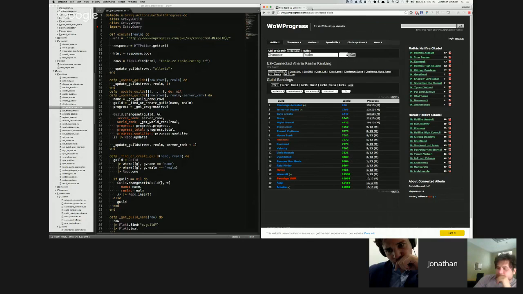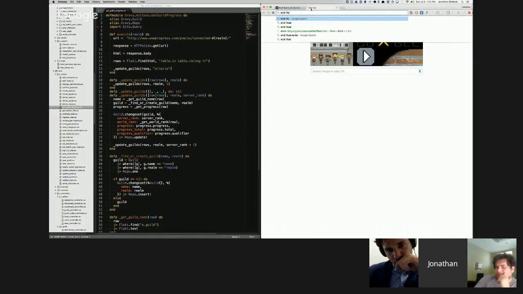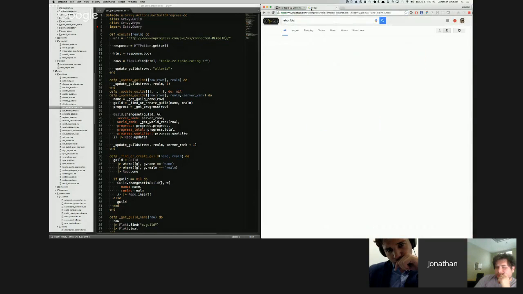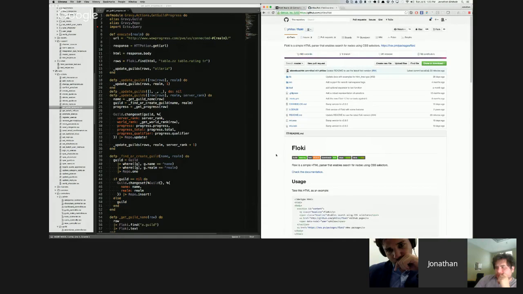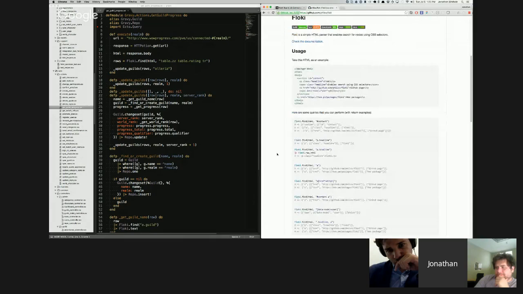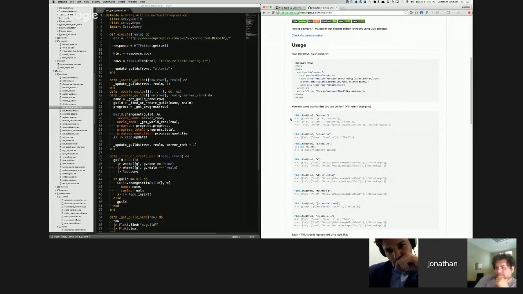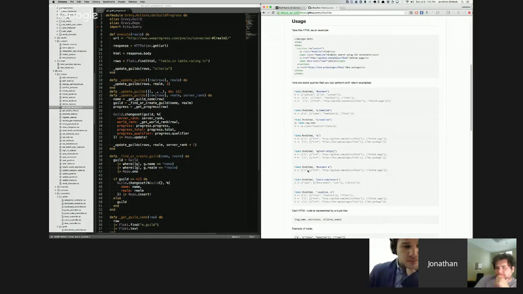And the library I'm using is Floki. I keep on saying Fluxy. It's Floki. It's pretty cool. So you just take an HTML string, and then you can start finding things using CSS selectors and keep on piping things down.